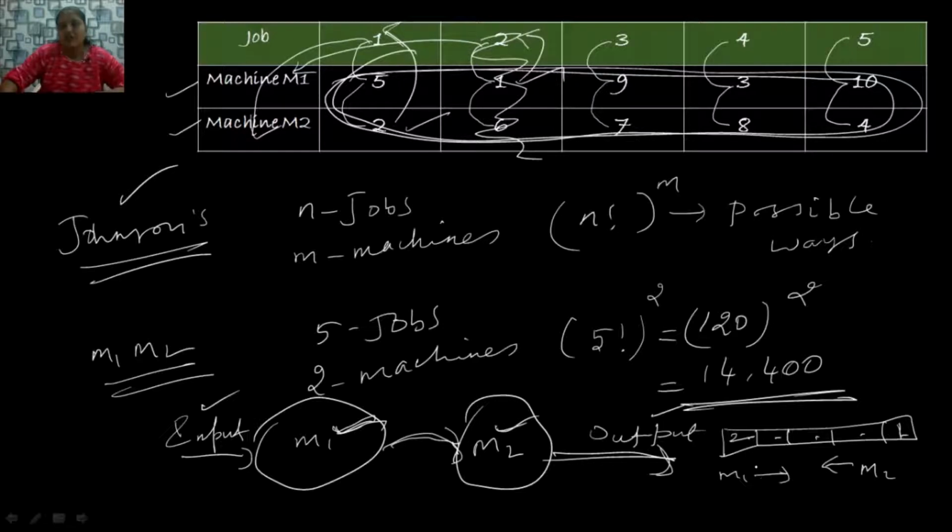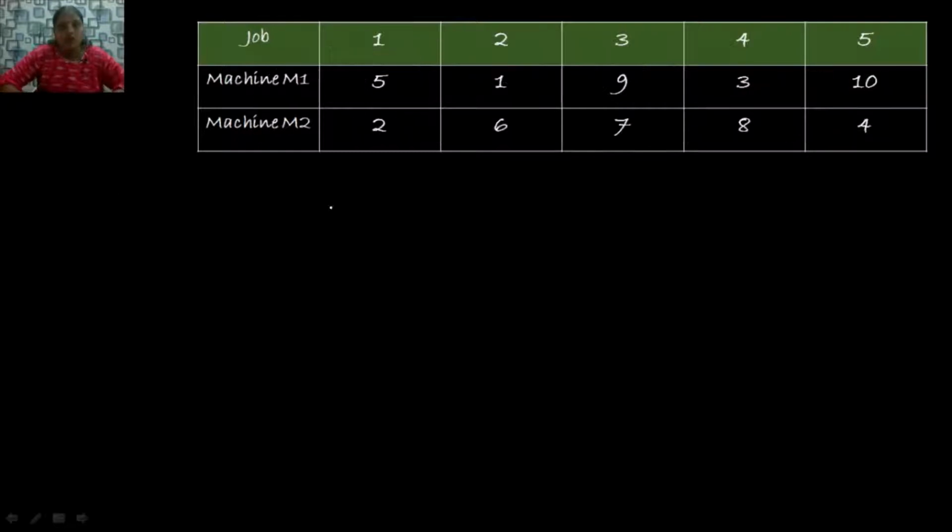So if the value falls on the first machine, you have to place it first in the sequence. If it falls on machine M2, you have to place it last in the sequence, because we have to follow the order M1, M2. That is the only reason. So if it falls on machine M1, place it first. If this value falls on the second machine M2, you have to place it last in the sequence. And we have to proceed further to find the optimal sequence. Okay, now with this short introduction, let me proceed to finding the optimal sequence for this problem.